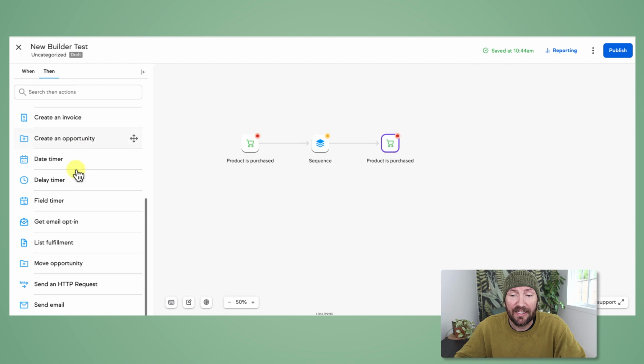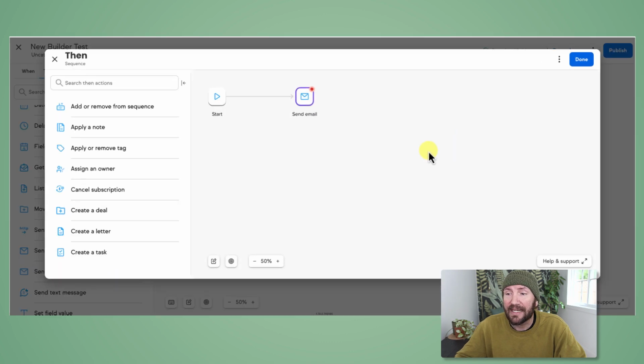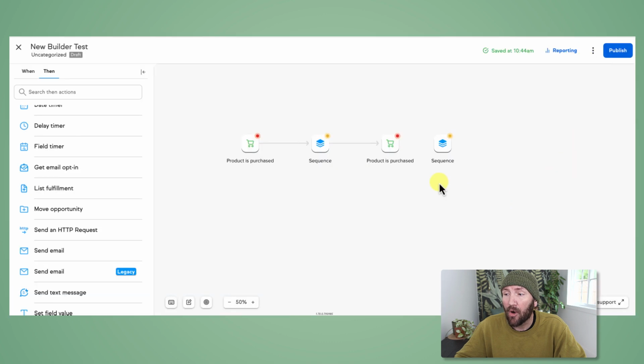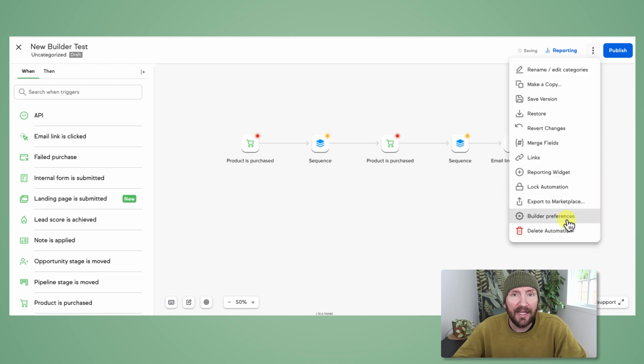So the difference here is that you can drag these different components out without necessarily needing to configure them in the moment. Now, as you just saw, it still does open the sequence itself, but it doesn't open the email in that sequence. And when I add goals or the when triggers, it doesn't open those either. It just allows me to build the automation structure that I want. So that is a new setting that you can choose in order to facilitate building automations in the way that